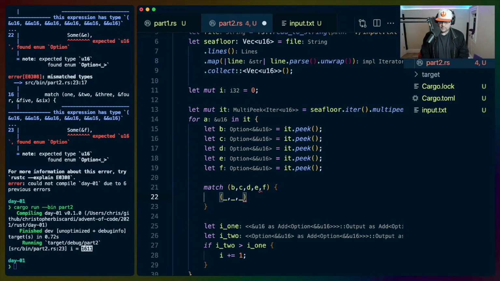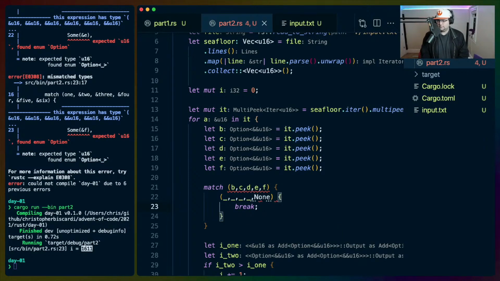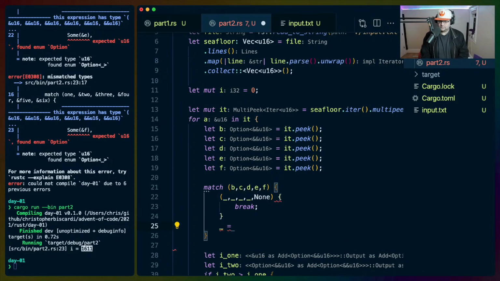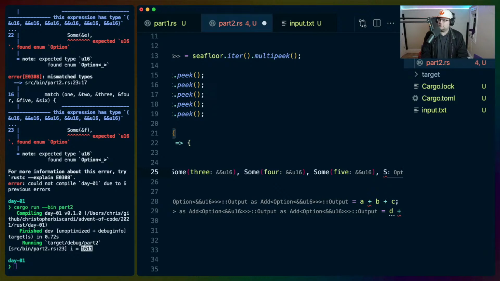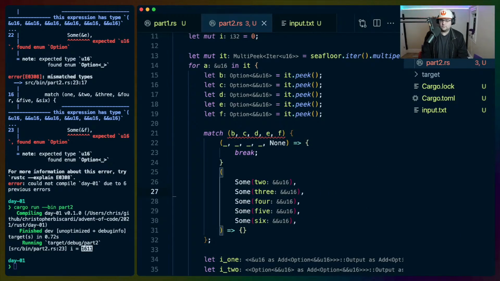Let's see, 1, 2, 3, 4. It's going to be the destructuring, isn't it? That looks like it's going to be the same error.